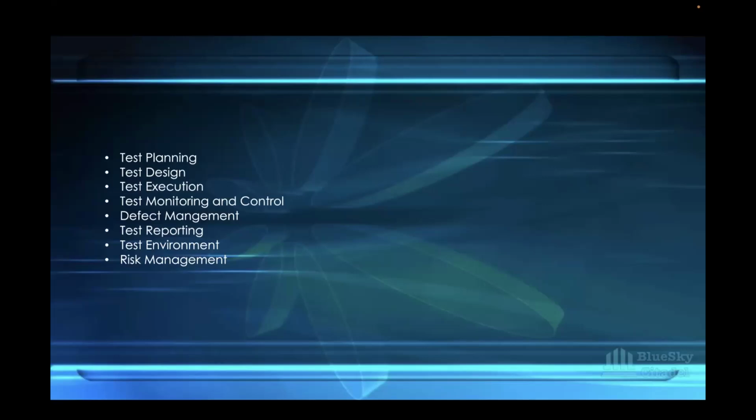During testing, you want to have this eagle eye to ensure that there are no defects. Every software has defects because at the end of the day, it's humans developing it, and we humans make errors.